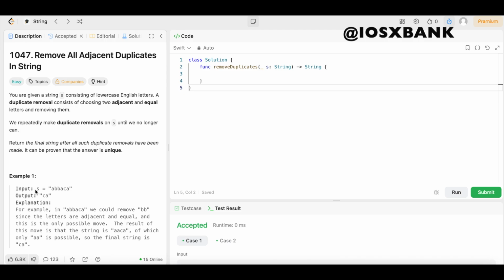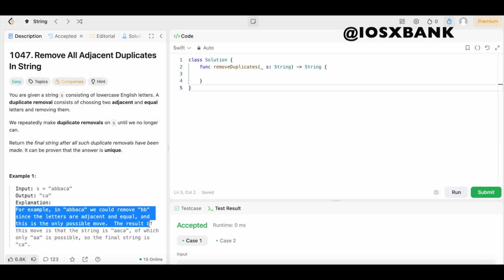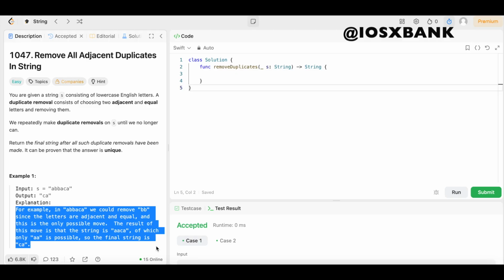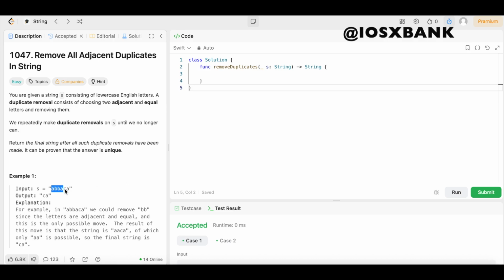So in example 1, we have the input S equals a string ABBACA. The output is CA. The explanation says, for example, in the string ABBACA, we could remove the BB since the letters are adjacent and equal, and this is the only possible move. The result of this move is that the string is now AACA, of which only AA is possible to remove, so the final string is CA. So hopefully that made sense to y'all, but if not, let's go ahead and break that down